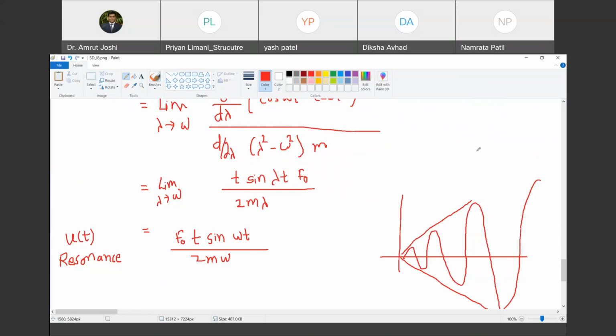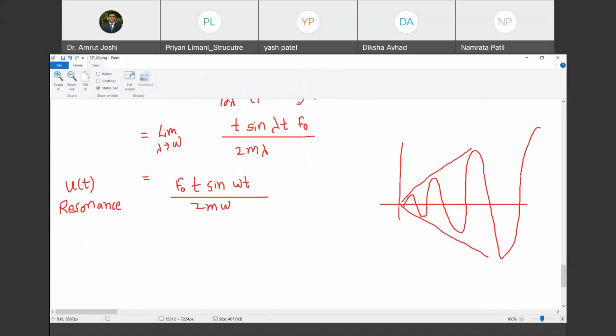We are going to plot it and then you will understand the significance of it. But let us try to look at the response and understand it first. So that is what we did. Now let us take the same example and plot it. What was the example that we were solving? Mass is equal to 100 kg. Are you with me? Then next, K is equal to 10,000 Newton per meter. That gives me the value of omega as 10 radian per second. Do you agree with me?